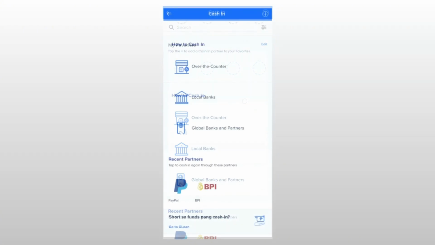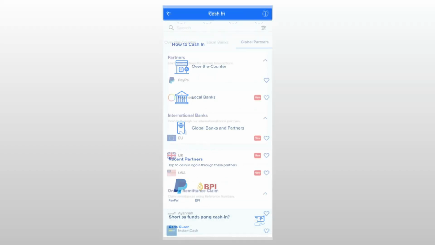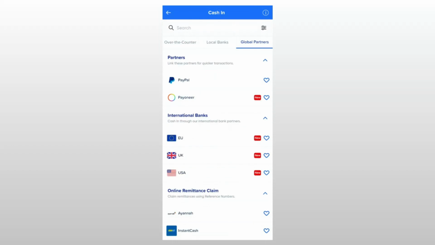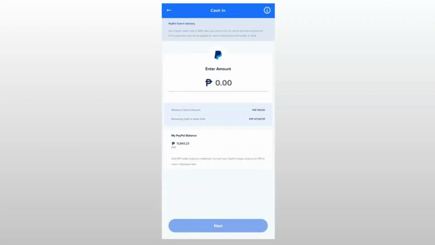So if I scroll down a bit, you will see that in my recent partners I have PayPal and BPI, but you shouldn't have that. You should only have BPI for your case. So let's click on global banks and partners, and here in the global partners you will find PayPal and Payoneer and other ways, but what's important here is PayPal, so click on it once and then you will find yourself